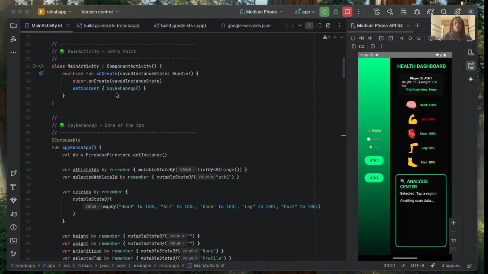Here I call set content and I named it Spy Rehab App because that's how I get the full dashboard UI to pop up right away. The point of this design is to keep everything modular. Later we can add new tabs, swap athletes, or tweak the dashboard without touching the main activity, keeping it clean and simple. Next we're going to go to the core of the app